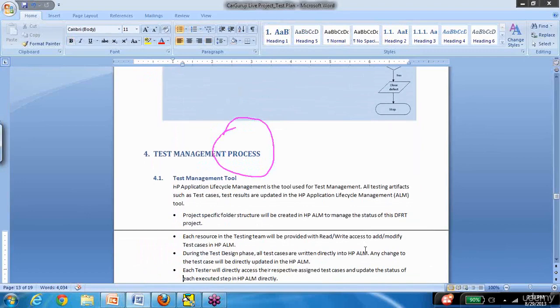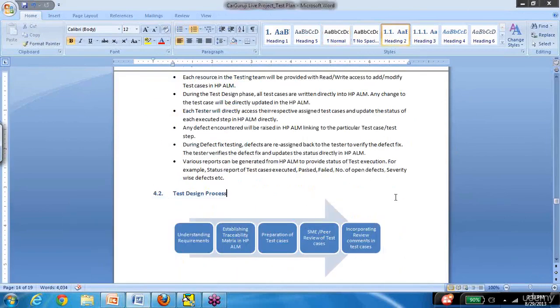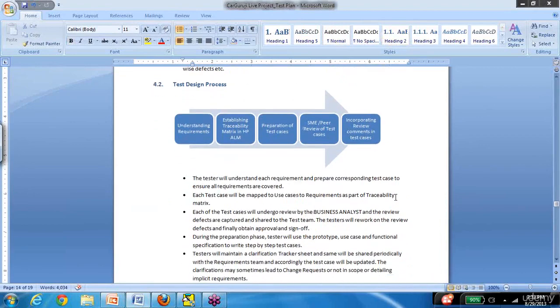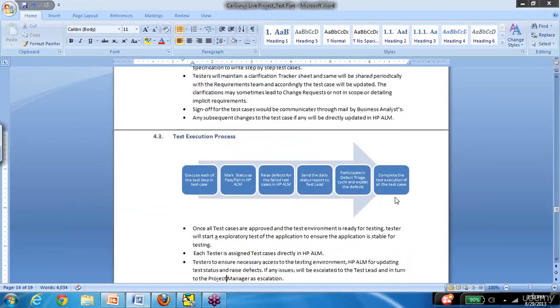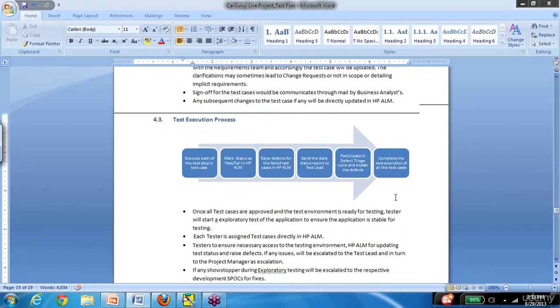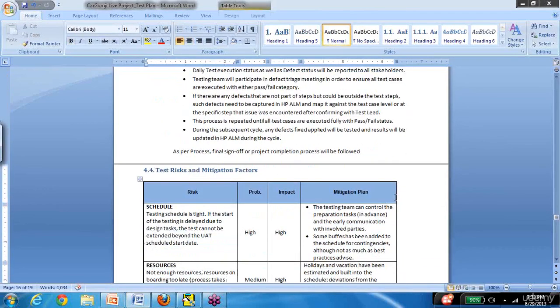Now the defect management process. Here I am defining what is the tool that I am going to use. Okay, I'm using ALM. Again, I have included all the details about ALM so that when you refer to this document in the future, you will have a comprehensive idea. So how do you create a test in ALM? I have included that process also. So go over it when you are reviewing this document. And how do you execute the test from ALM? Again, same thing. I've included a detailed process.